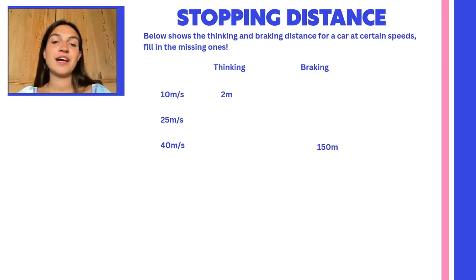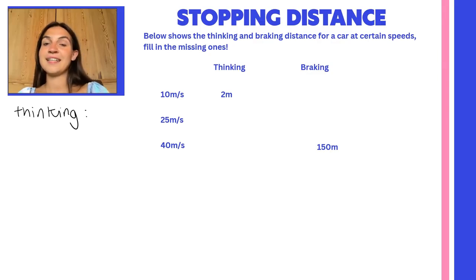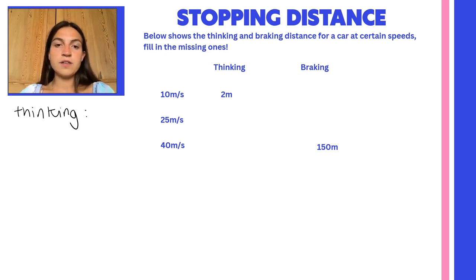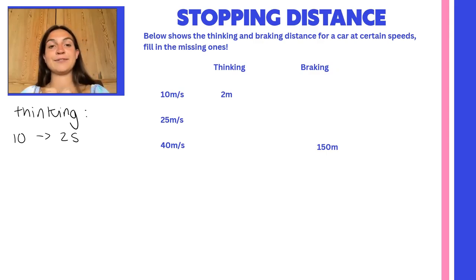Okay, now to look at stopping distances. So below shows thinking and braking distances for a car at certain speeds. Fill in the missing ones. So let's start by looking at our thinking distance. And for this, I'm going to use the idea of a factor. So in order to do this, I look at the fact that for 10 meters per second, my thinking distance is 2 meters. If I want to know what happens when I go from 10 meters per second to 25